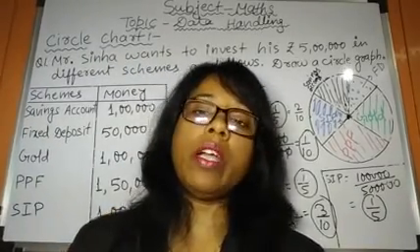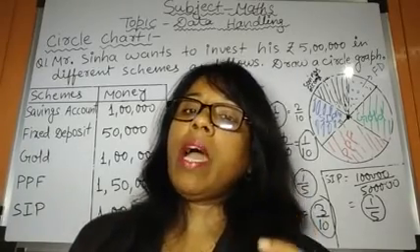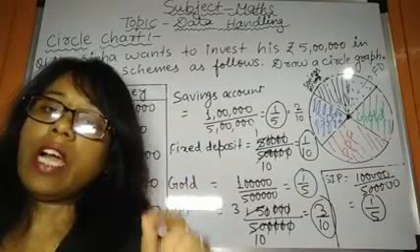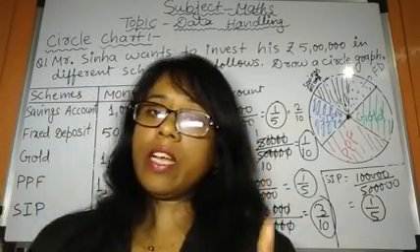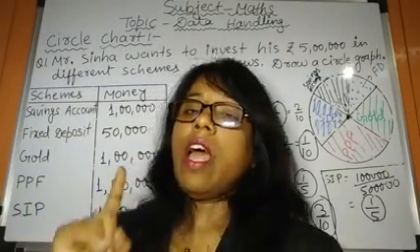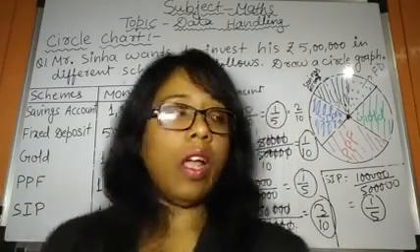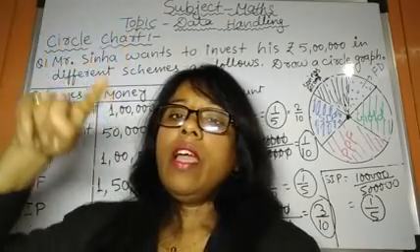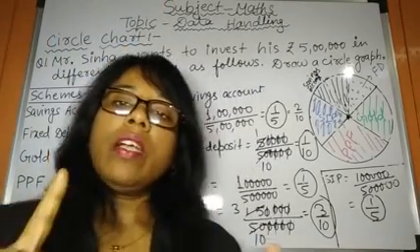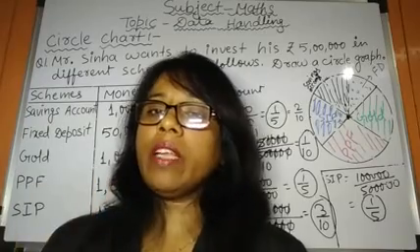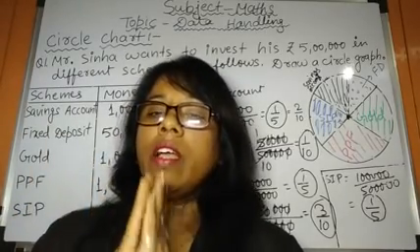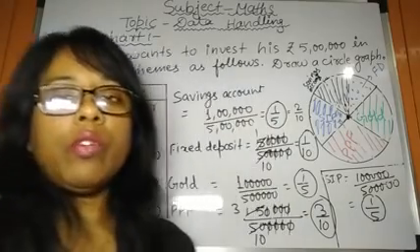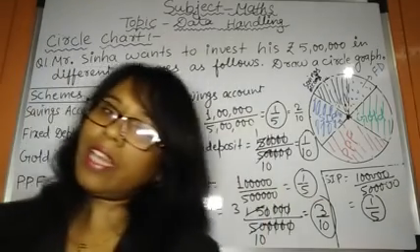This is very important. You must keep in mind the key things. First of all, a circle chart is divided into sectors. Each sector is a part of the whole. Whole means the circle chart. That means the circle is divided into different sectors. For making sectors, you have to convert the value into a fraction and then make the circle chart.